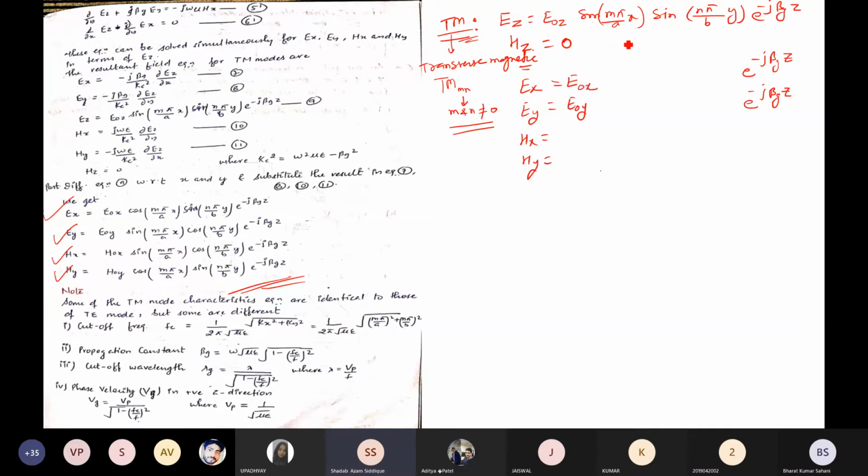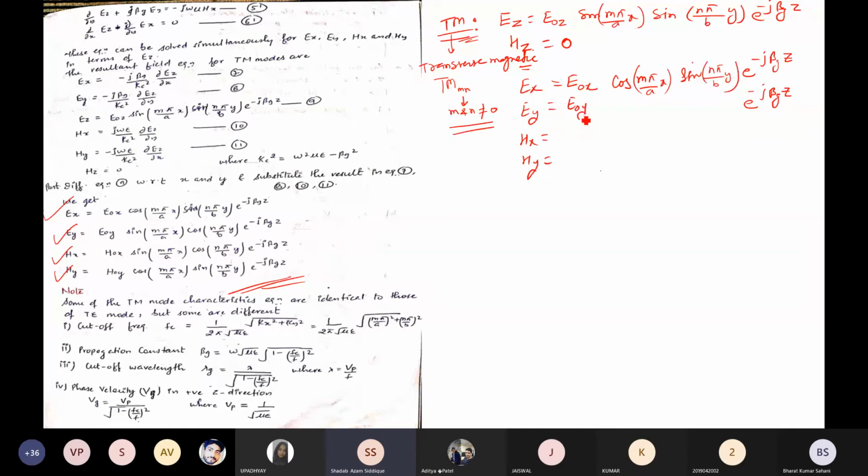So we have Ex is equal to E naught x. This will be differentiated, so I'll write cos m pi by a into x. You will say, sir, this will be differentiated, and we'll get another m pi by a after differentiating. This m pi by a is associated with E naught z, and that will be written as E naught x. So this will be associated with the amplitude term, no need to worry about that. Just take the sinusoidal differentiation and write it out. No need to write the constant term. And the y term will be as it is, sine n pi by b into y.